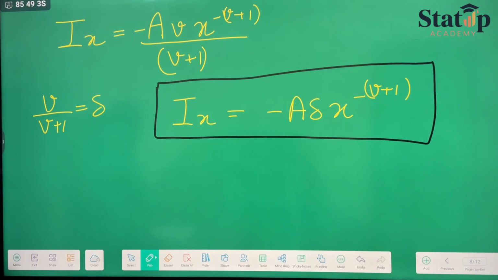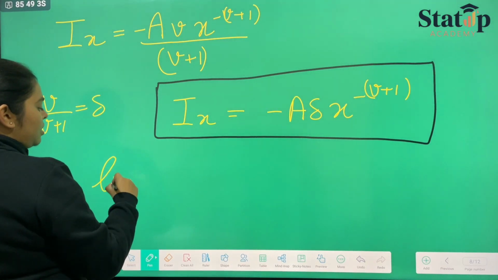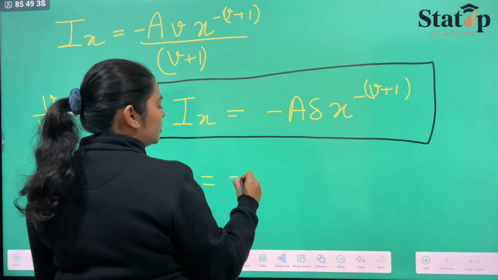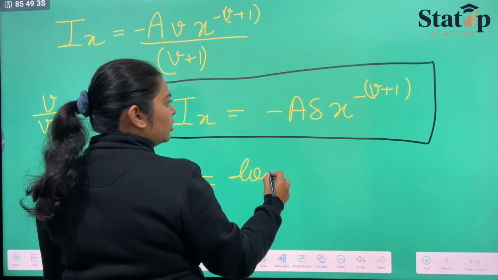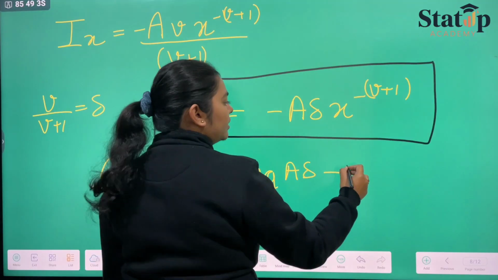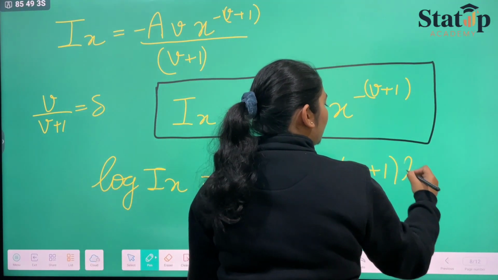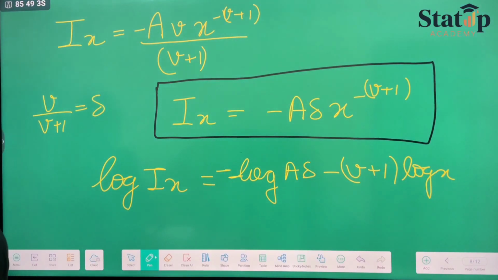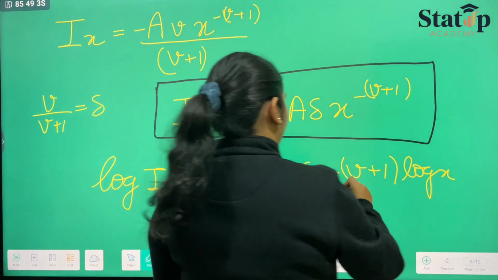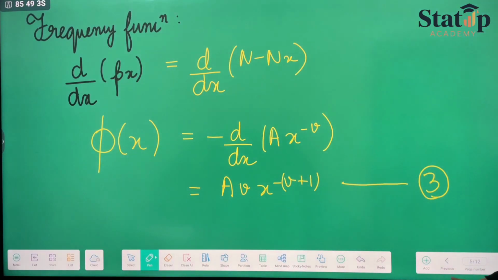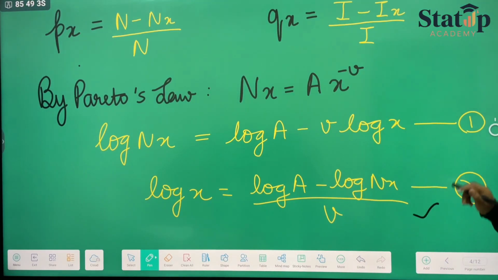Now we can take log on both sides here as well. Log of Ix is equal to minus log of a delta minus v plus 1 log of x. And let this be our equation number 4. And if we compare our equation number 4 with our equation number 2, with our equation number 1 here, then